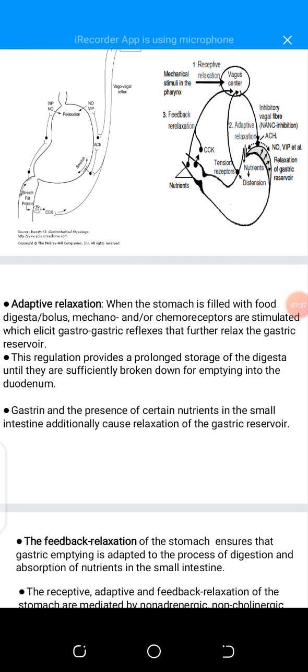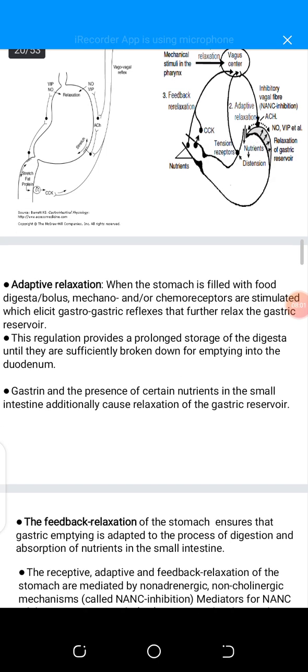Adaptive relaxation. Adaptive relaxation takes place after the food, the digested bolus, must have entered the stomach. So when the stomach is filled with food, the bolus